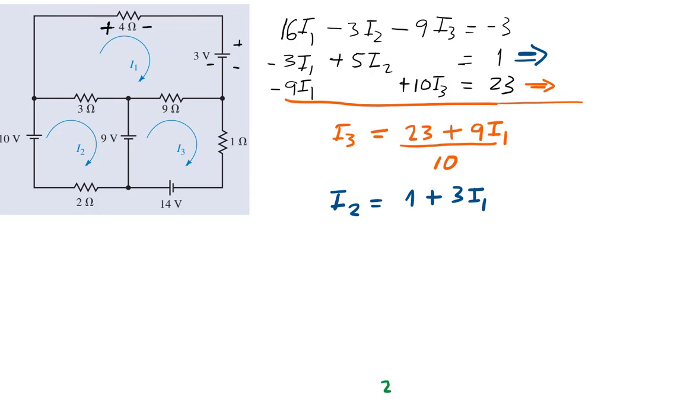Because we take this part to the other side, it becomes plus over 5. Right? And now we just substitute these values of I2 and I3 in this equation number 1. This gives us the following: 16